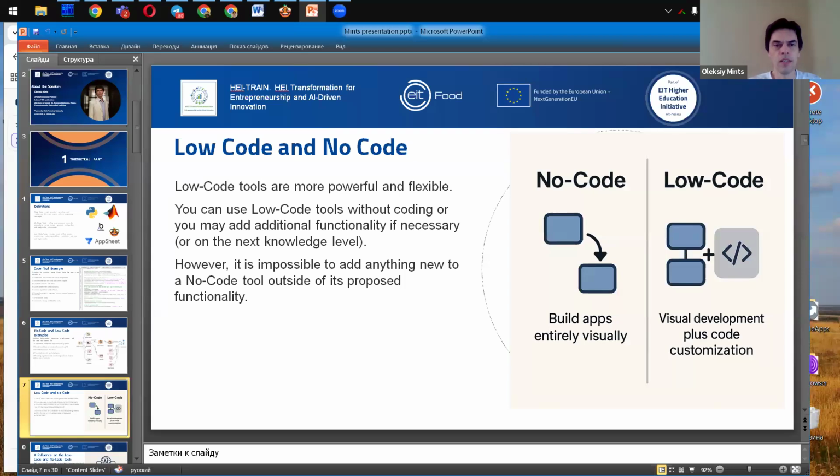In contrast, Wix, a classic no-code website builder, gives you a rich set of pre-built widgets and design templates, but if you need a feature it doesn't already offer, for example, some payment solution, you cannot do that. So, in my opinion, low-code is the more preferable tool.